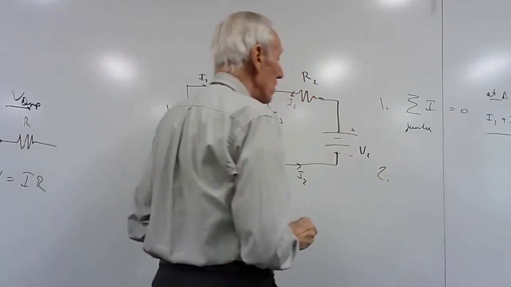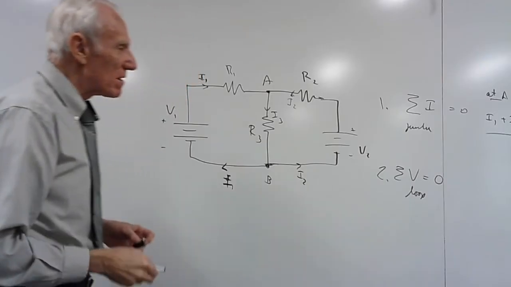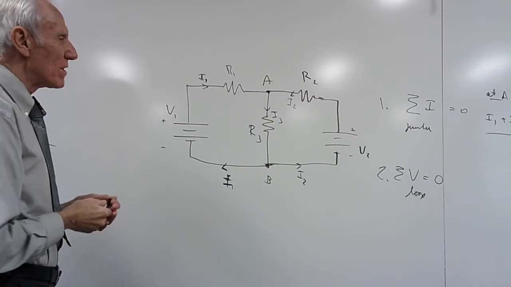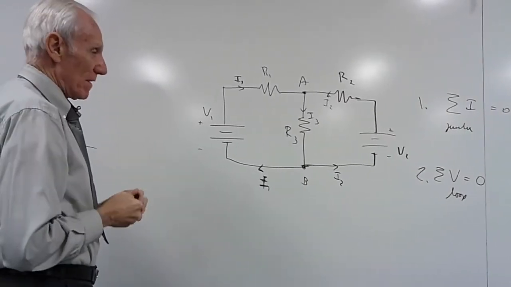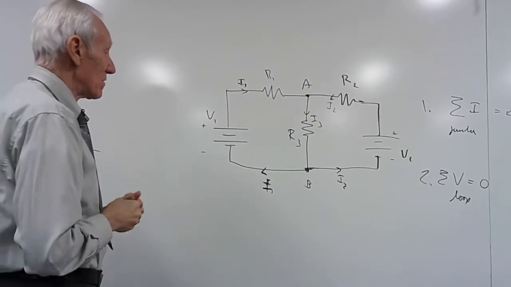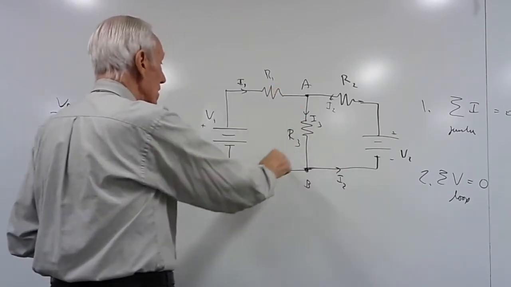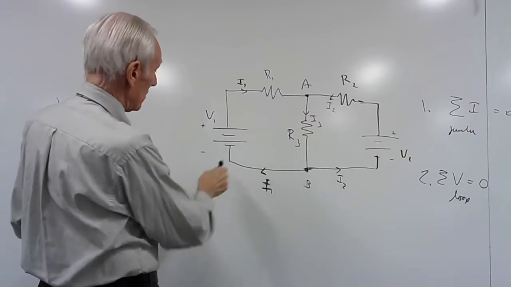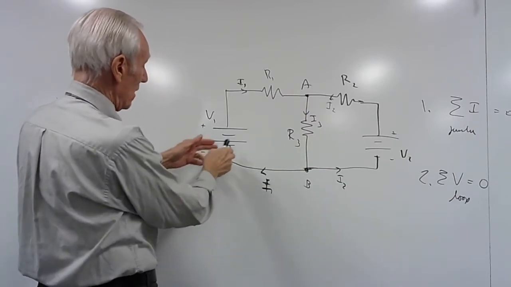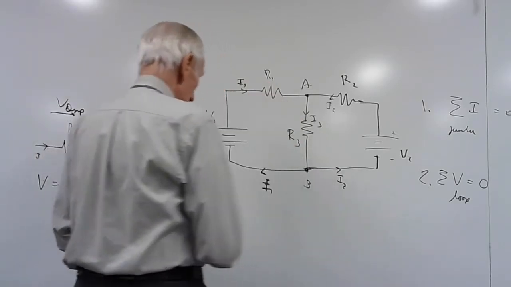Kirchhoff's other rule is that the voltages around a loop have to add up to 0. That's a little more complicated in terms of what's plus and what's minus, so we have to define that and describe it in terms of a convention. This says that when I follow around a loop, which means I'm coming back to where I started, and I like to start at the bottom of a battery here, I'm going to just call that 0 arbitrarily. When I go around this loop, let me draw a picture,